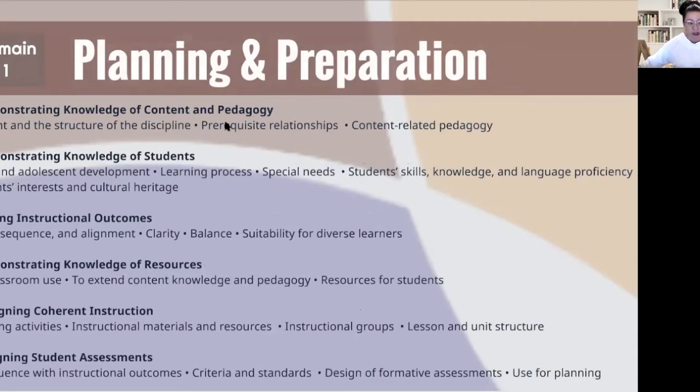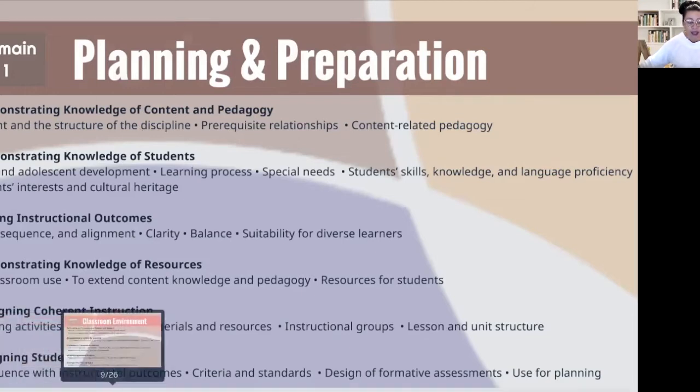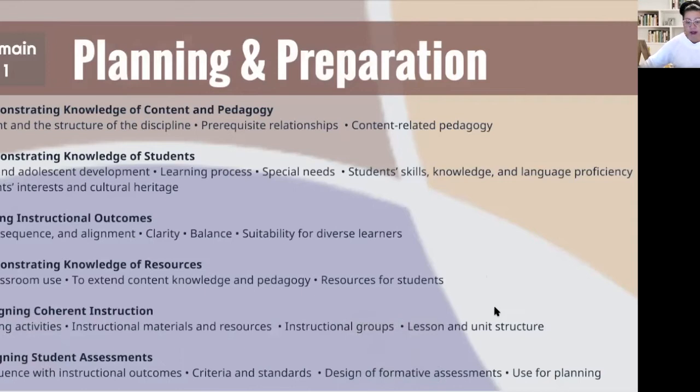So it's your understanding and your knowledge of how the structure of the discipline, how those prerequisite relationships inform that instruction, and that you're infusing content-related pedagogy into your instruction. Each of the components, 1A through F, have specific elements that are being measured, and those can be